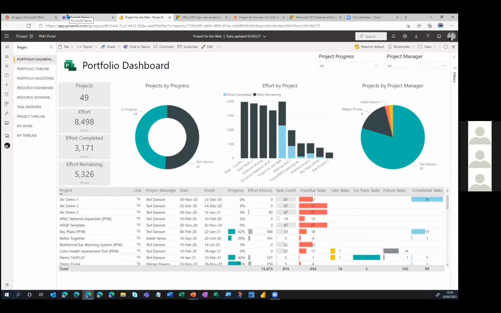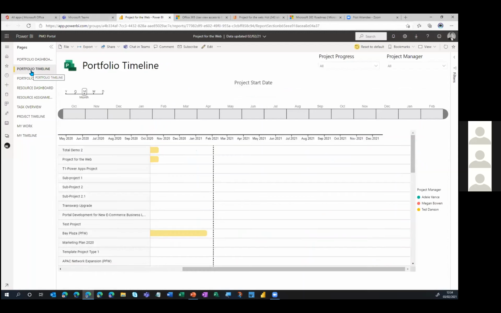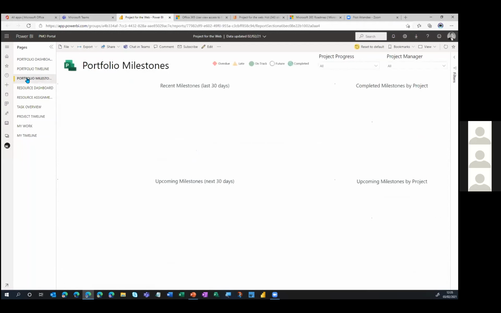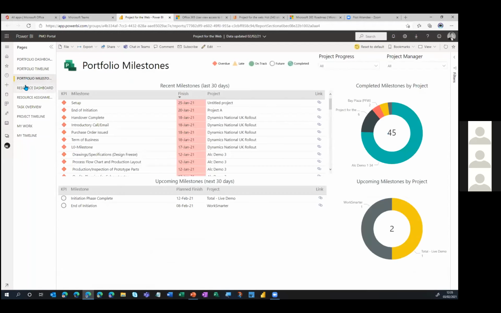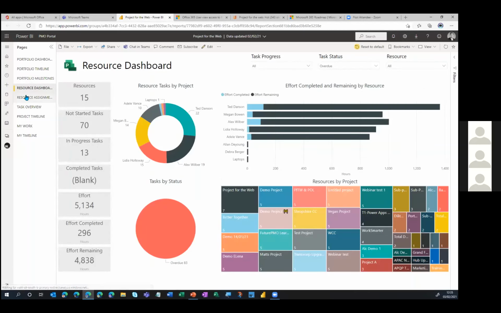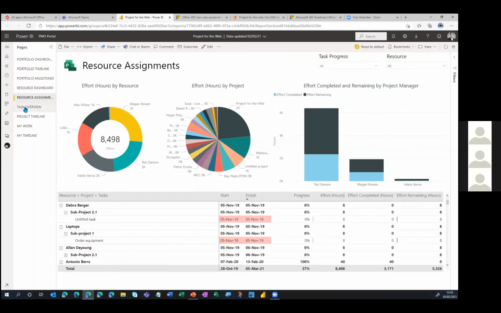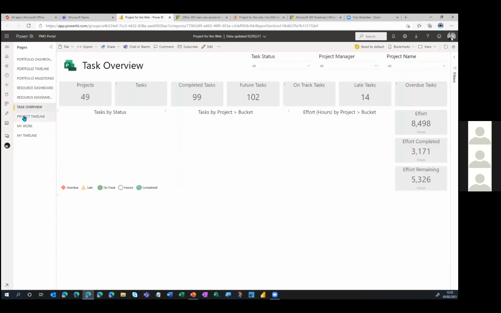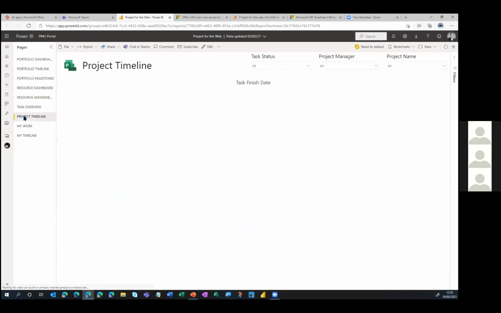I'm going to switch over now very quickly to Power BI. This is something that I did cover in my original webinar, so I'm not going to go into too much detail other than to say that there are 9 out-of-the-box reports that you get with Project for the Web, and these standard reports are only looking at the data from the schedule. They are not looking at the data that we are capturing subsequently in Power Apps, but of course we can produce reports that are a lot richer than what you're seeing on the screen at the moment.